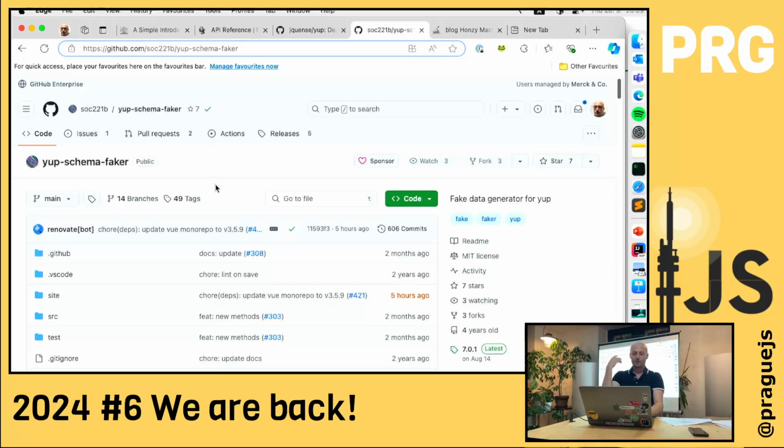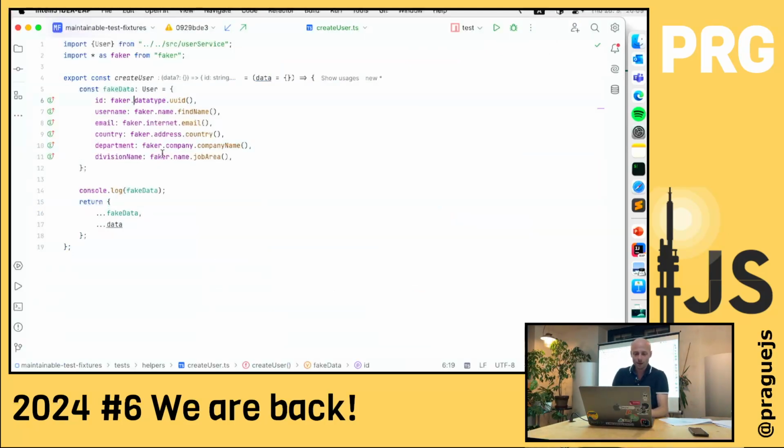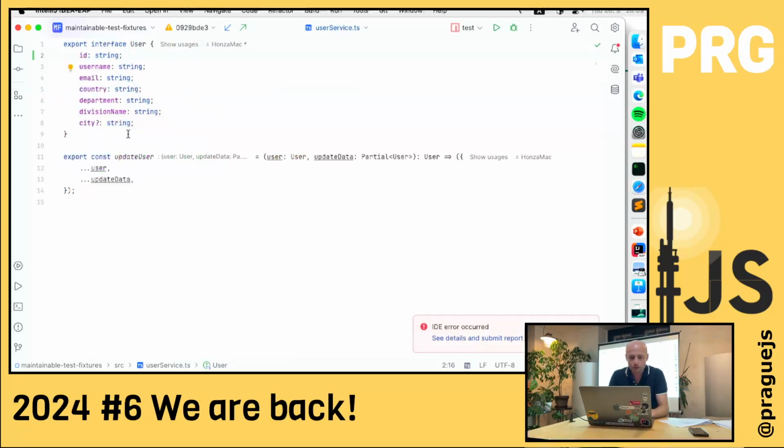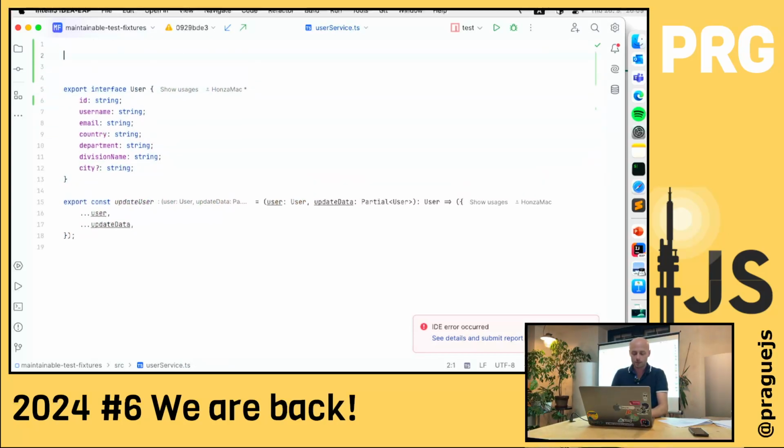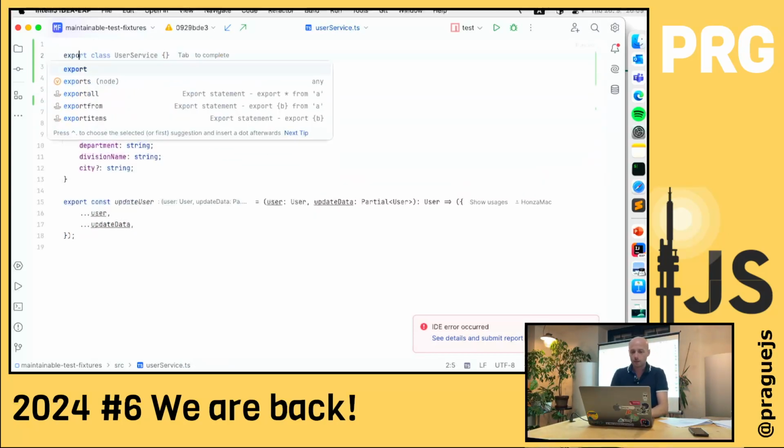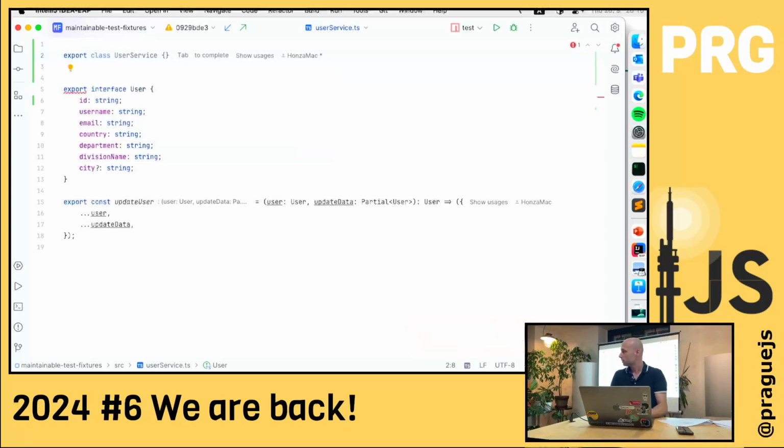So, combining it together, I need to define, no, maybe not here. Yeah, there is a place where I have the user. I just need to rewrite it. What's the time? Do we have good time? We are at 40 minutes. Okay, but I'm almost done. So, let's call it user schema.